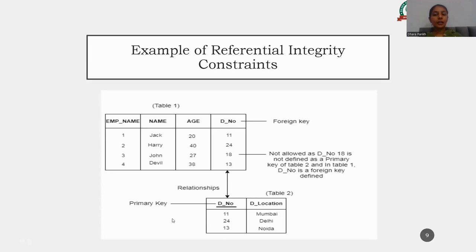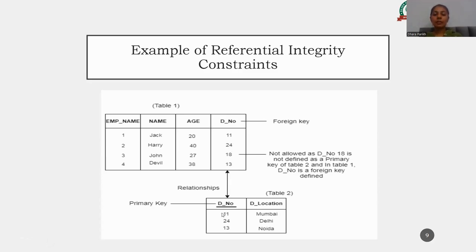I can tell you about the concept of the primary key and foreign key as well. Here the uniquely identified number is the D number, so it is called a primary key. And here is a relationship, or we can say a reference, between the two tables. So the D number is a foreign key over there, which refers to table 2.